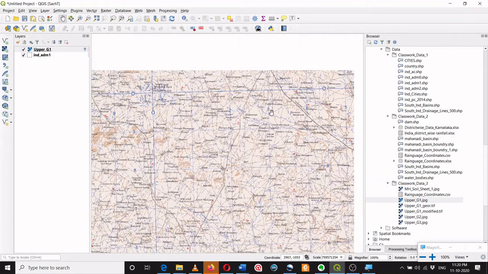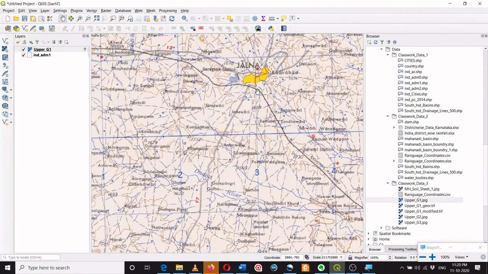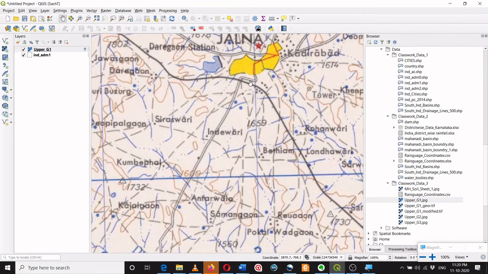For example, if I move up, I can see here there's a crossing of two roads. So this is actually a railway line, and this is the road. So this is a crossing of a railway line and road. So I can identify these crossings with fair accuracy on Google Earth. Similarly, I can identify the crossing of a road and a river, crossing of two roads, crossing of rail and road, such crossings which I can definitely identify on the map of Google Earth.